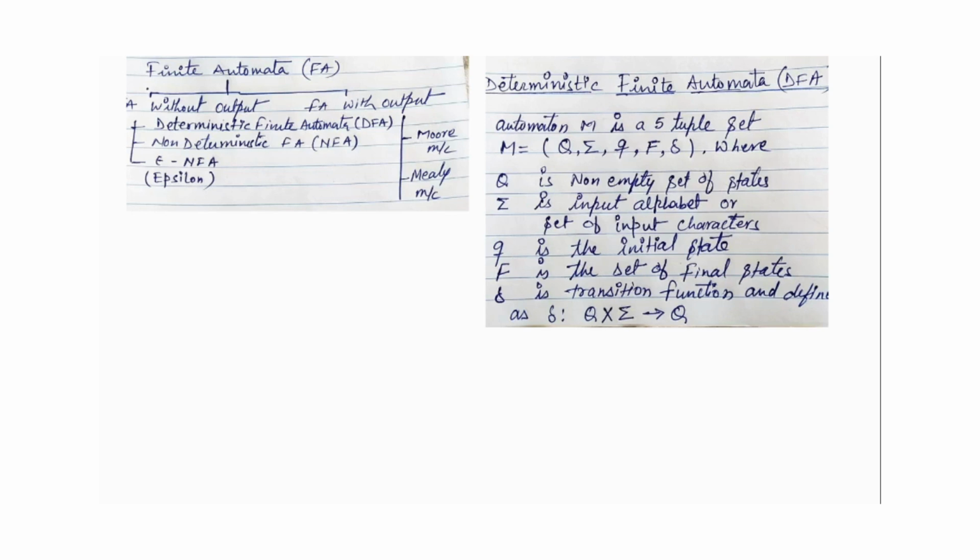Deterministic finite automata, or such basic abstract machines, can be represented or explained in two different ways. The first way is the mathematical model, the mathematical way to represent them. And the second is you can describe these automata with the help of a state transition diagram. I am repeating, you can represent the automata either by using a mathematical representation, which is written here, or a state transition diagram.